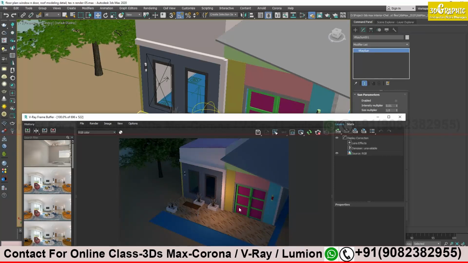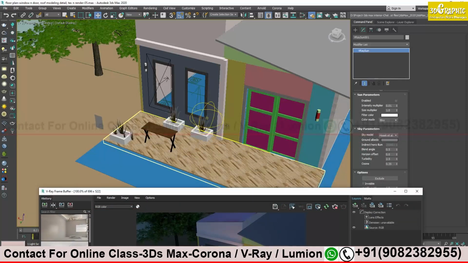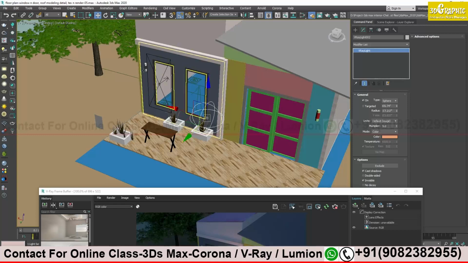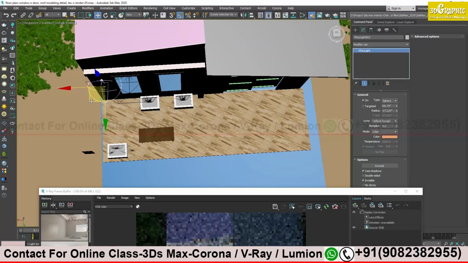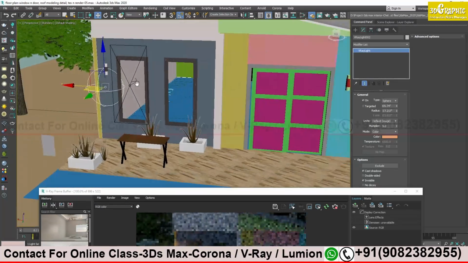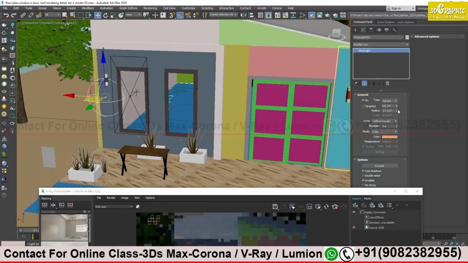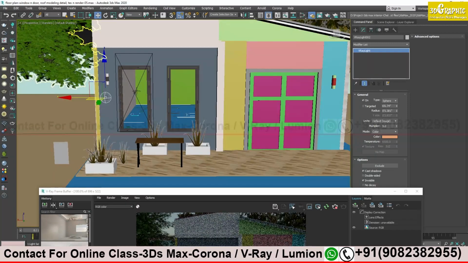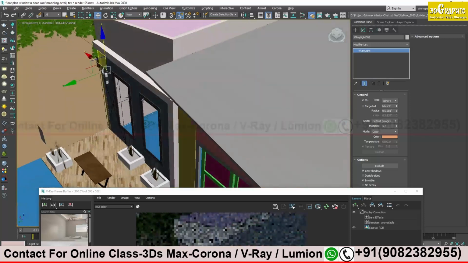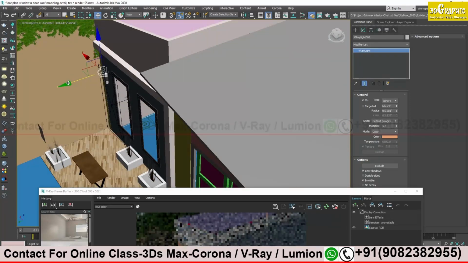It's all over. So now where to use this? We have created light over here, wall lights. We can use it over there like this, and we will reduce the radius. We can use it on top like this, and it will give a very natural look.